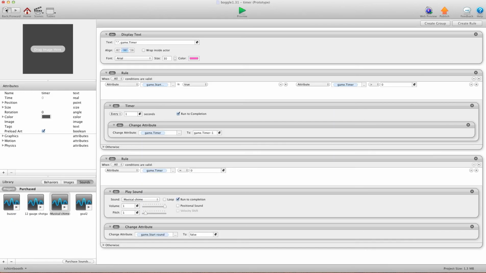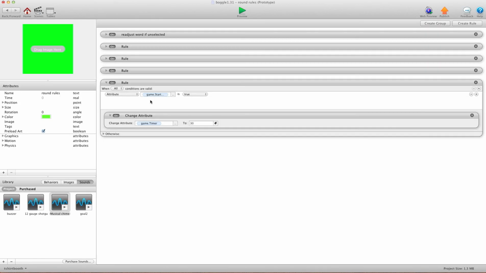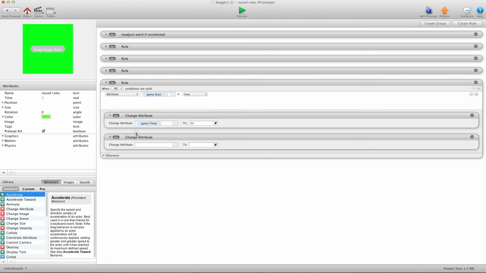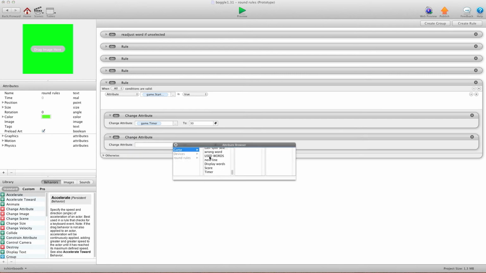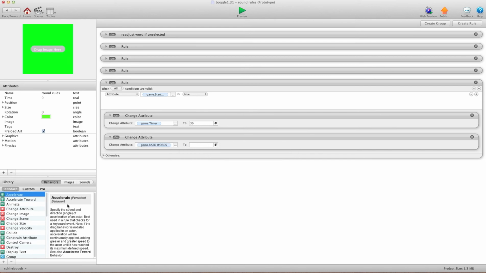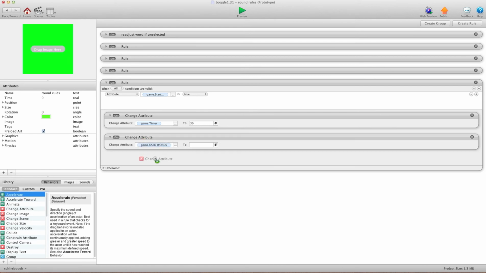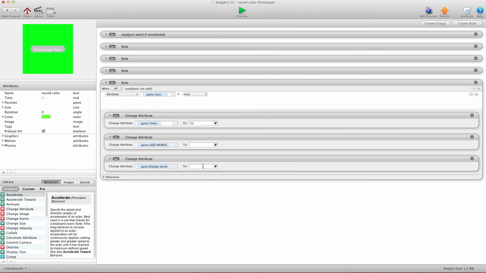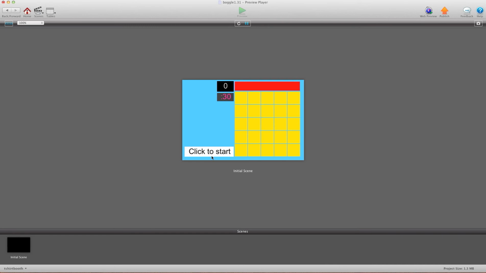and we go back to our round rules. And in this rule it says when start round is true, we're going to go into our behaviors, and we're going to change attribute. We're just going to change game dot used words and just leave that blank. And then we'll do another change attribute, game dot displayed words, and just leave that blank also. And it basically will just erase everything inside the words. So we'll go ahead and press preview again, click start,